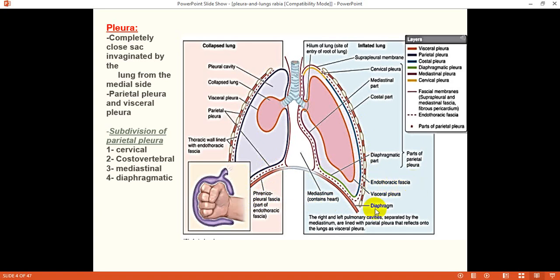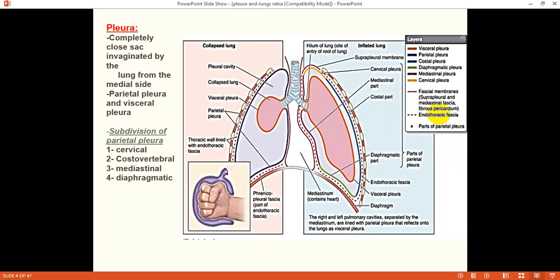So basically this is endothoracic fascia which is continued on the diaphragmatic surface as phrenicopleural fascia and also partially on the mediastinal surface. Just the part above the thoracic inlet is thickened to form the suprapleural membrane. And this is here just to protect the apex of the lung which is protruding into the root of the neck. Now these fascial layers are very important,